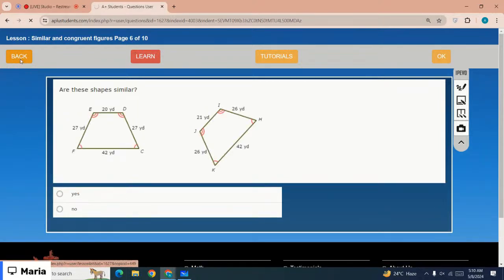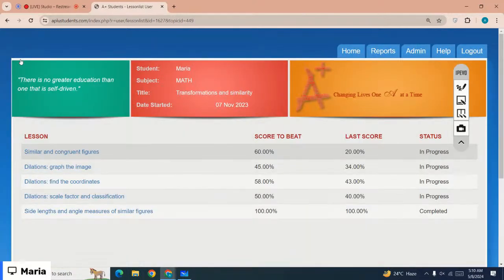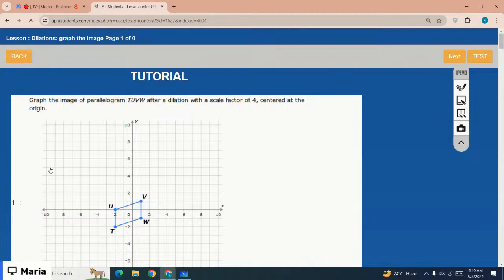Let me move on to the next lesson. The next lesson is dilation. Graph the image. Graph the parallelogram TUVW after dilation with a scale factor of 4 centered at the origin. So you have to dilate the image. Dilation means you have to